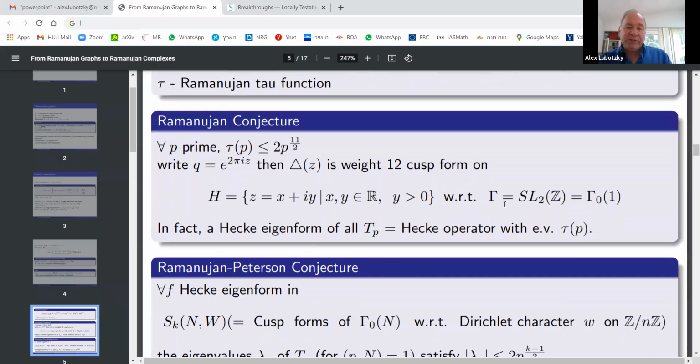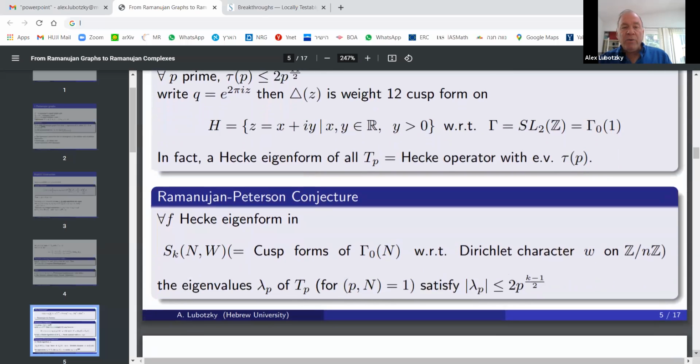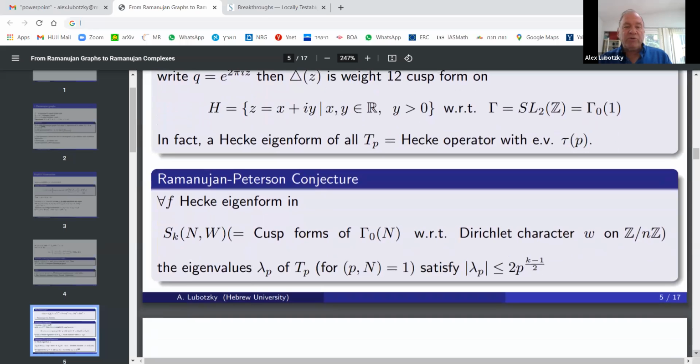and it's an eigenform of the Hecke operator, and the Hecke operator T_p for every prime p comes with the eigenvalue, which is exactly tau of p. And this Ramanujan conjecture, which I don't know if anybody really understands how he got to this incredible conjecture, was somehow put in a general form by Petersson, and it became known as the Ramanujan-Petersson conjecture, that if